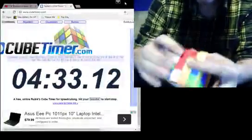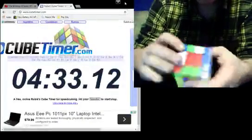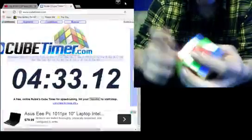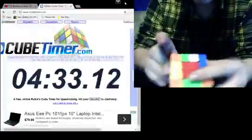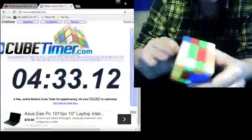It took me an hour actually to learn the algorithms, and the only reason it took me an hour, probably would have taken me longer, is because I knew the 3x3 algorithms, and so that made it so much easier to